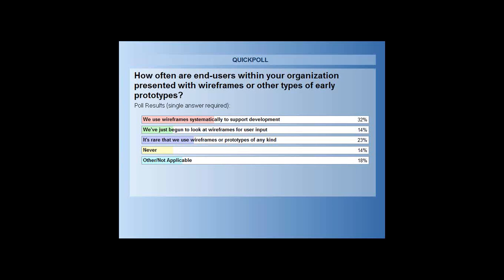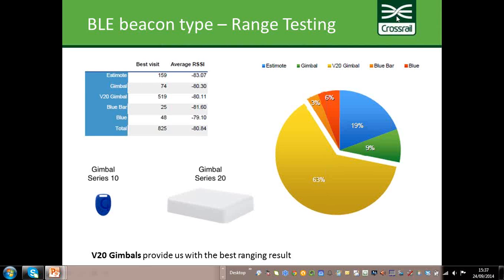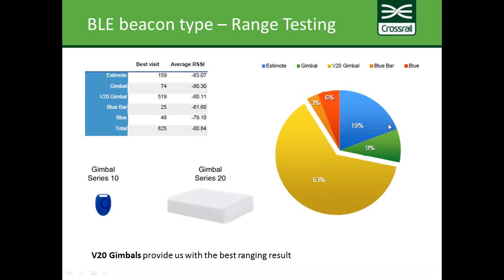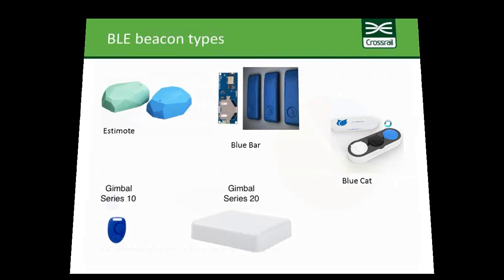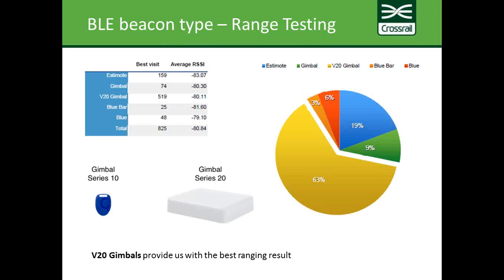Okay, just getting a message that maybe you're not seeing the slides right now, so apologies for that. I'm just going to wind back a slide, I think, possibly. So these are the beacon types that we looked at, and these are some of the results that we had. Again, it was the Gimbal Series 20, which is probably the unit we'll test. That doesn't preclude the fact that we might want to test other units as part of the office trial, so that we can add a little bit more context to these results by the time we produce the final report.